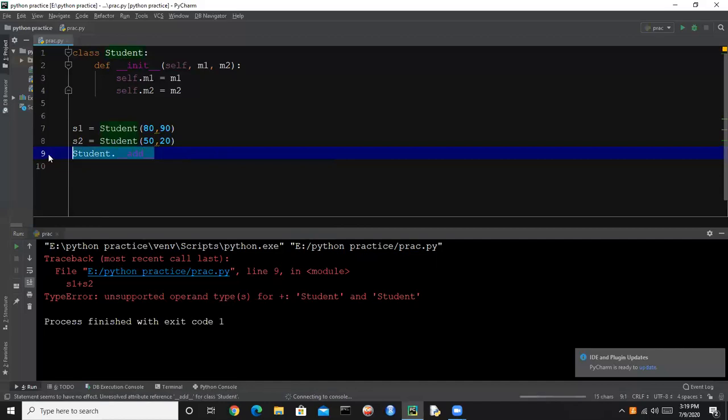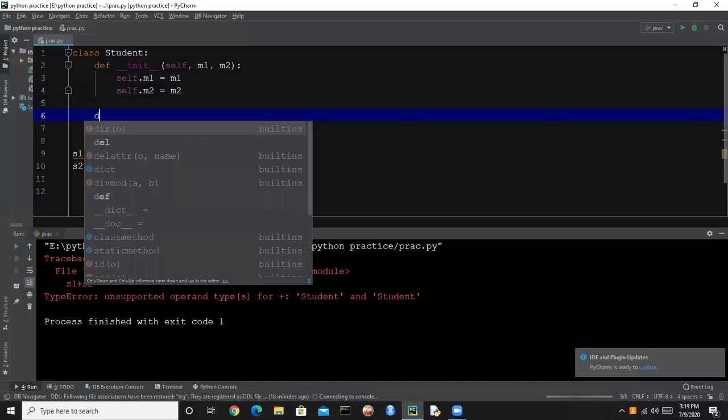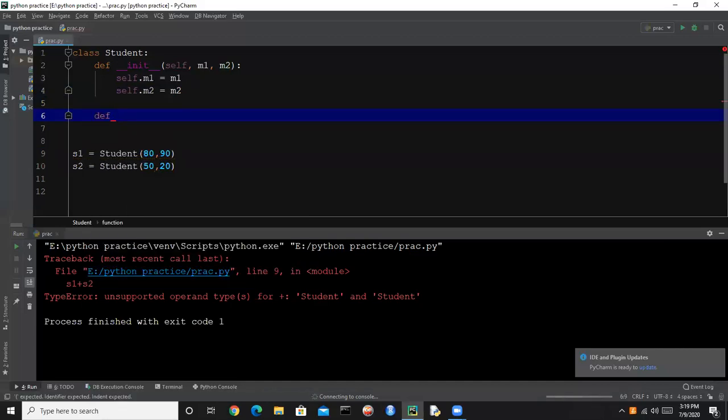Now we will override this function in this class, because behind the scene it is calling the add function. So let's define add, and here add takes self and other. We need to pass two parameters in add, as we know that we will pass s1 and s2 as arguments.